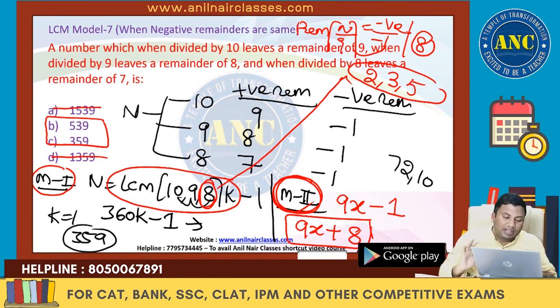By the end of the class, you will understand why I am stressing on method 2. Please listen carefully. The more examples you solve, you will come to know. When I say it with experience, there must be a reasoning. Next one, depending upon the question, put k value 1 or k value minus 2.